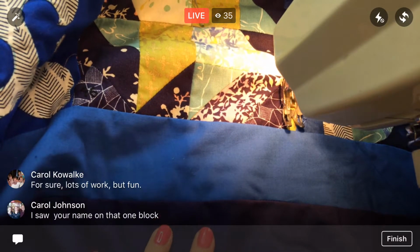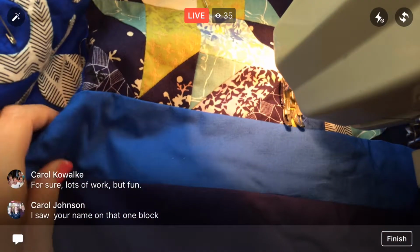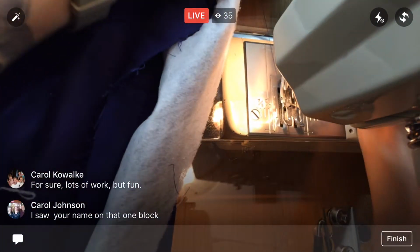You saw my name on the one block. Oh, which one was that? I have my little logo on that shop where it's the cute little shop,